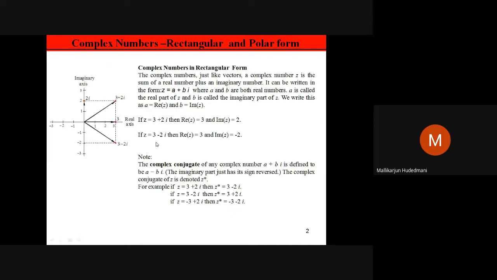Then similarly, if I have a 3 minus 2i, how do I locate it? 3 is a real number. As usual, I will mark a red dot here. And 2i, definitely positive axis and a negative imaginary axis, on which I will mark a minus 2, make this completion of point of intersection and join with the origin. This stands as your 3 minus 2i.